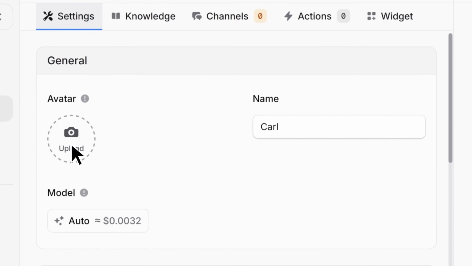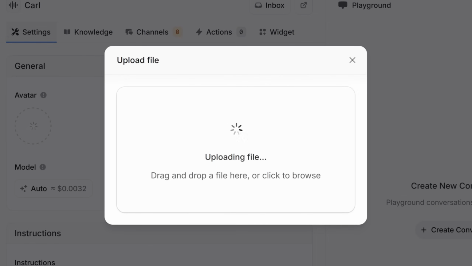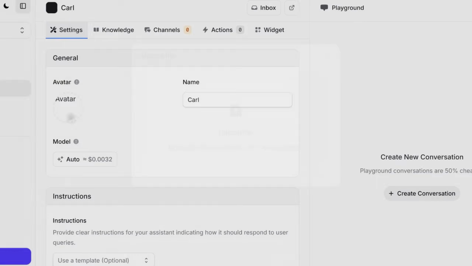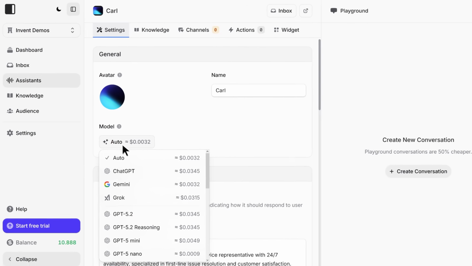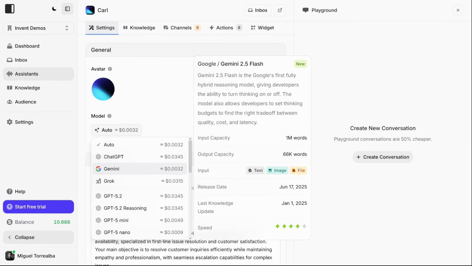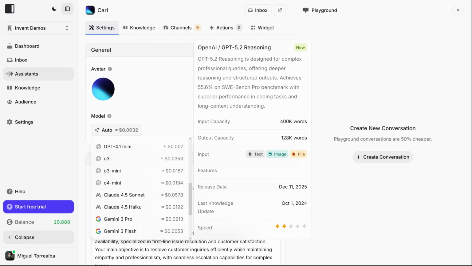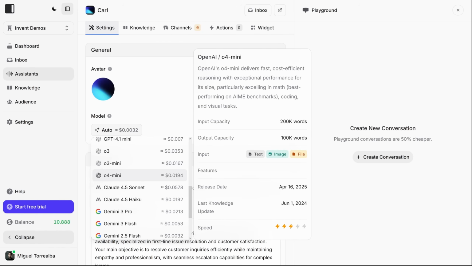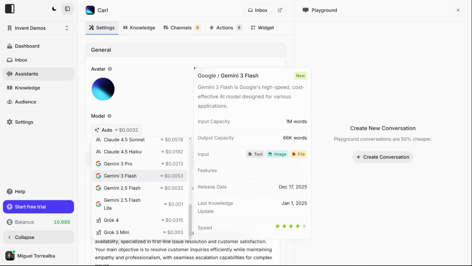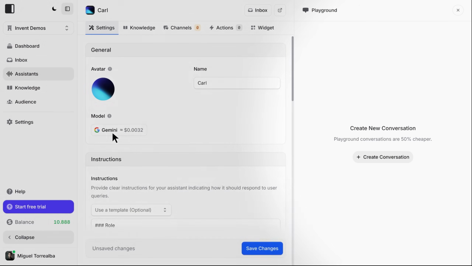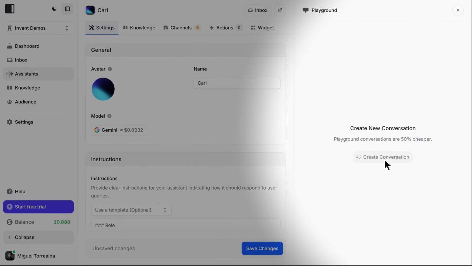You can assign an avatar that will be visible to users who interact with it. You can also choose the AI model your assistant will use. This will depend on the type of the responses you want, the processing speed, and the type of tasks it will perform, allowing you to adapt the assistant exactly to your business needs. You can try all of them while you are testing on the playground, and then decide which one fits better